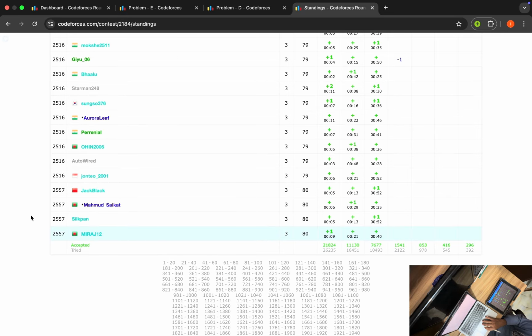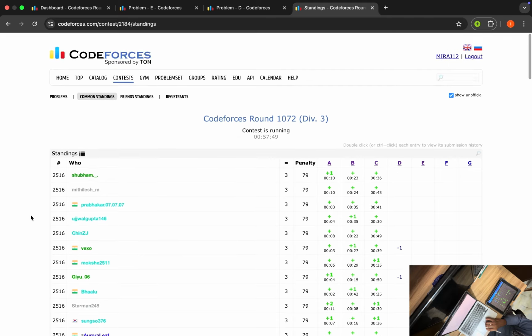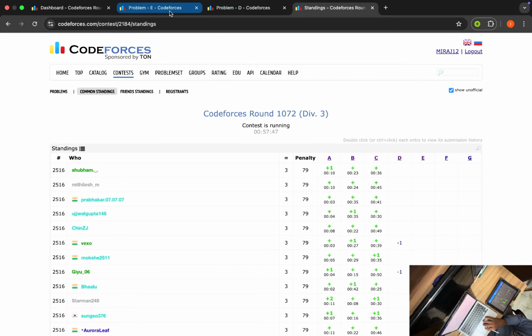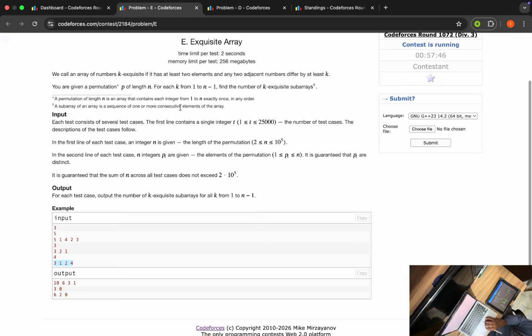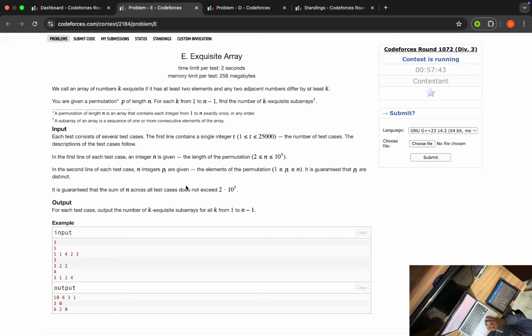$2,000. It's weirdly good. It shouldn't be that high for div 3. It will go down for sure. So